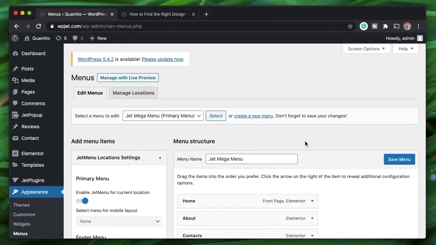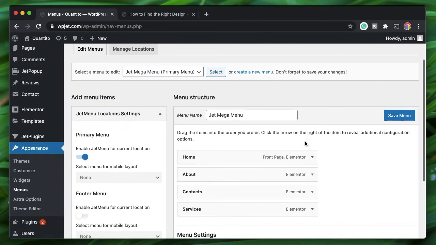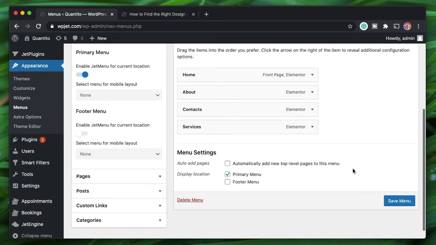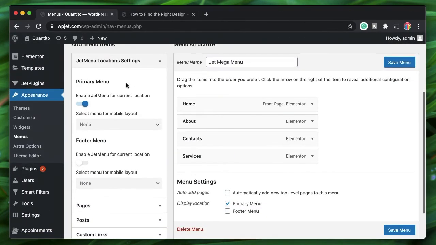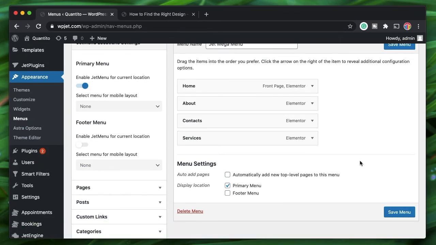Again, I'll sum it up in 2 simple steps. The first thing, go to the WordPress menu, create a menu, give it a name, create the menu, and pick a location which is supplied from your theme. It will be either primary, first, second, third, or some random name. Just pick the location and click on save. Once you click that, you get the Jet Menu location settings. You have to enable Jet Menu for that location, which is this. You can also enable Jet Menu for other locations that your theme provides, right? So whatever you like, just activate that.